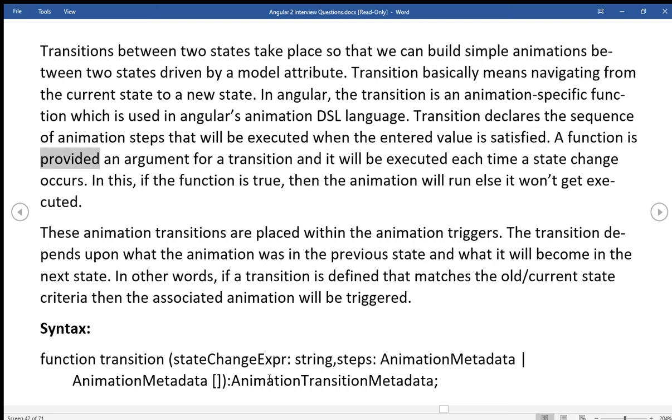A function is provided as an argument for a transition and it will be executed each time a state change occurs. If the function is true, then the animation will run, else it won't get executed. These animation transitions are placed within the animation triggers. The transition depends upon what the animation was in the previous state and what it will become in the next state. In other words, if a transition is defined that matches the old current state criteria, then the associated animation